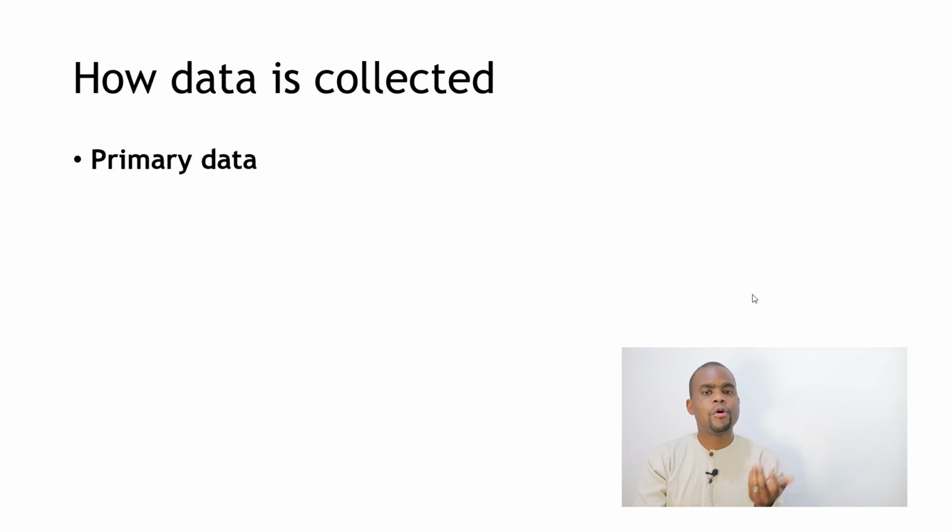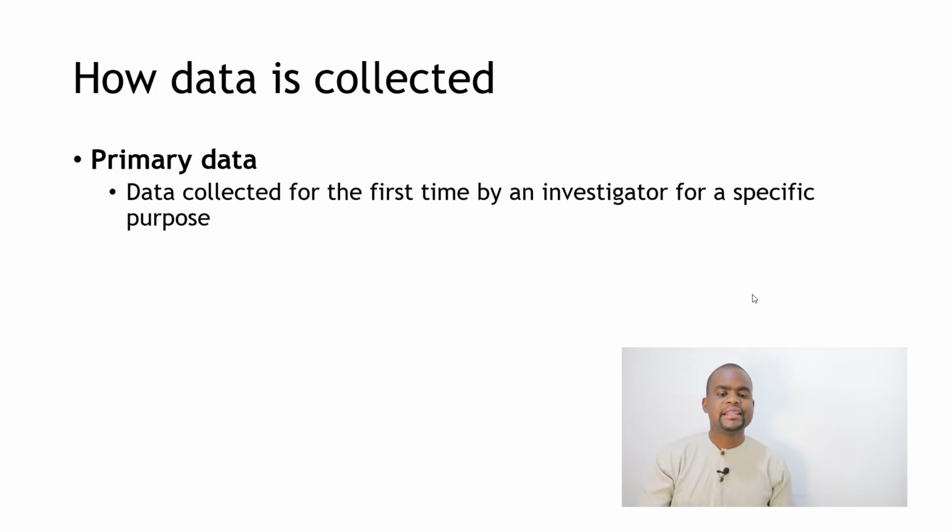So we have what you call primary data. Primary data is data collected for the first time by an investigator for a specific purpose. So if I go in the field, or if I go to some respondents, some households, or let's say I meet some students and I'm asking them questions firsthand, then that is primary data. Or maybe you're getting your data from some experiment that you're doing, because this is a fresh experiment that you're conducting. You're actually getting the data from the source itself, that is from the respondents or from the occurrences that are happening in real time. And that is what we call primary